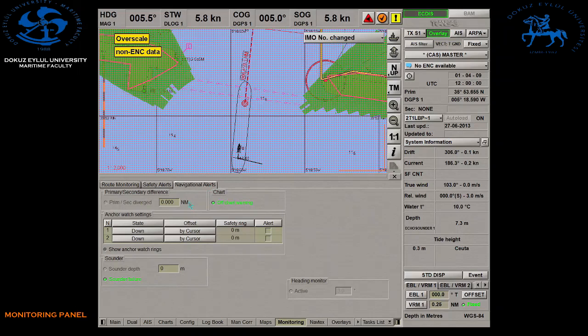Navigation alerts. It depends on the navigational status of the vessel which alarms make sense in being activated. If the wrong settings are made, alarms may not be considered or may be acknowledged without paying attention to them. We can see the anchor watch settings from here when we click the down arrow and by cursor we can see the